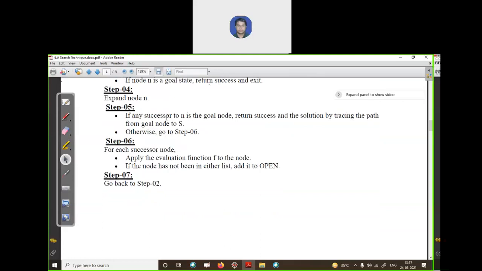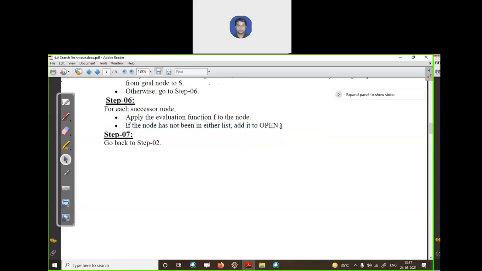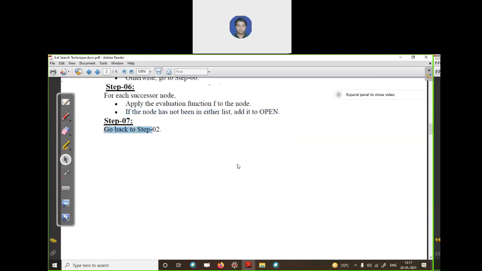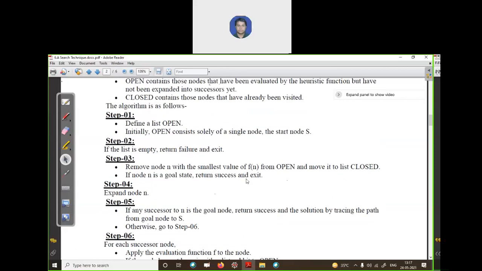If any successor of n is the goal node, return success and the solution by tracking the path from the goal node to node S. Otherwise, go to step 6, and for each successor node, apply the evaluation function, meaning we calculate the function fn. If the node has not been in either list, open or closed, add it to open and go back. If you understand the example, you can understand all these 7 steps.